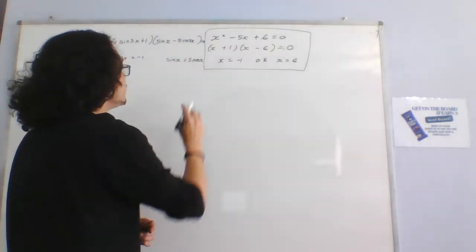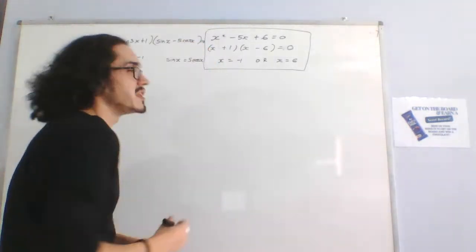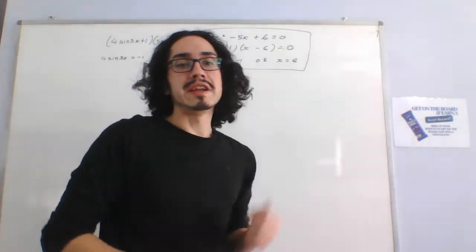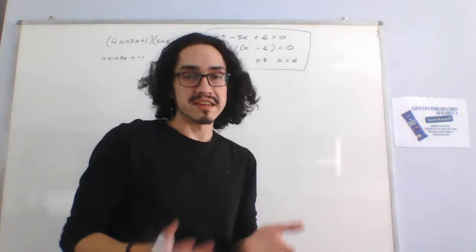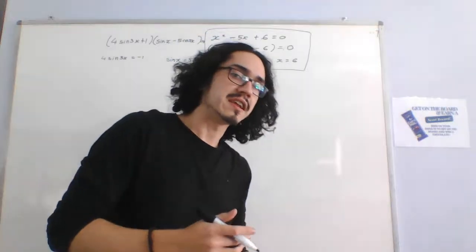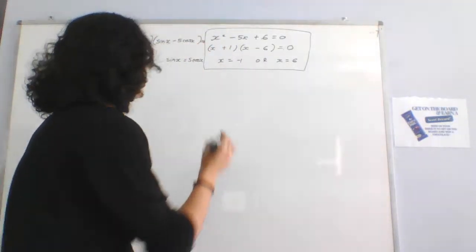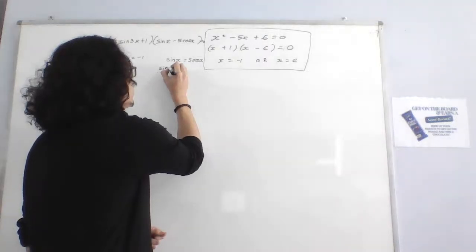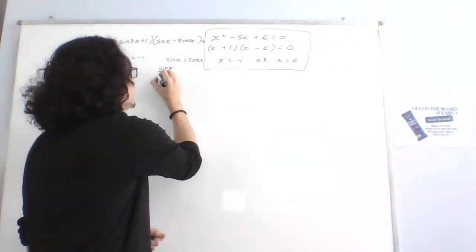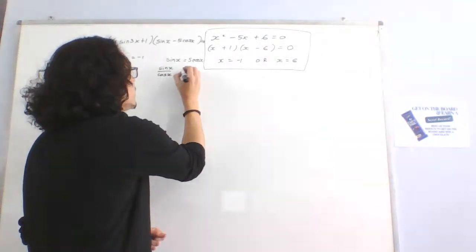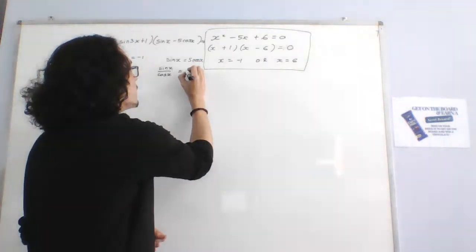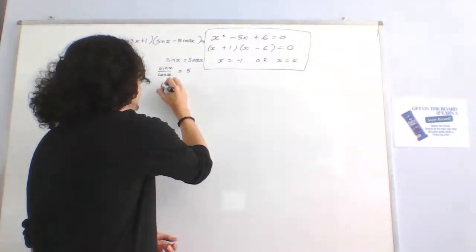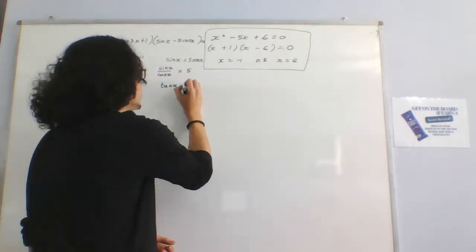What we're going to do is keep in mind that we've got a sine on the left and a cos on the right. Now, the guys who know their stuff will already be thinking in terms of identities, right? Because we've got an identity that goes back to the beginning of grade 11, which is the quotient identity. Sine x, I'm going to divide both sides by cos x, and then that'll cancel that cos on the right. And sine x over cos x, I'm sure you guys are more or less aware, is tan x